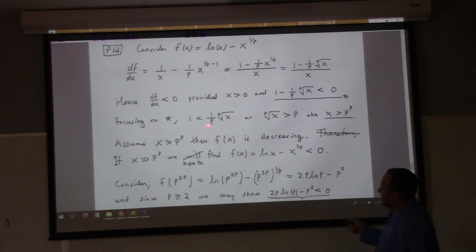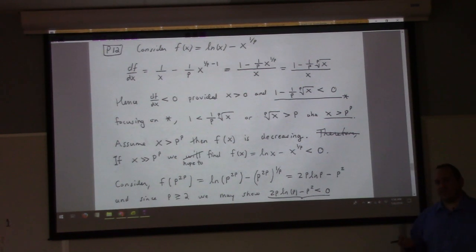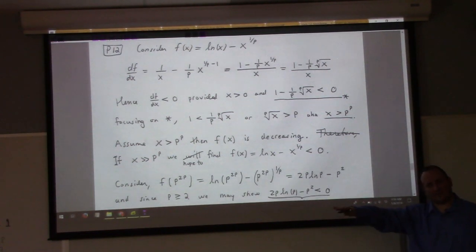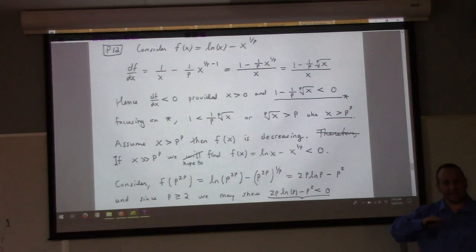But if I look at star, I can trade it for this, which I can trade for that, which I can trade for that. So if I have that x is greater than p to the p, it implies that f of x is decreasing. Now, you could have the annoying thing that it decreases towards some asymptote and never crosses it, and yet is decreasing forever and ever. That's possible, right? But if the function gets negative at some point, and it's always decreasing for very large values of x, it has to stay negative past that point, right? So it suffices to find one point for which the function is negative, if I want to prove that f of x is less than 0 for all x sufficiently large, which is my goal.